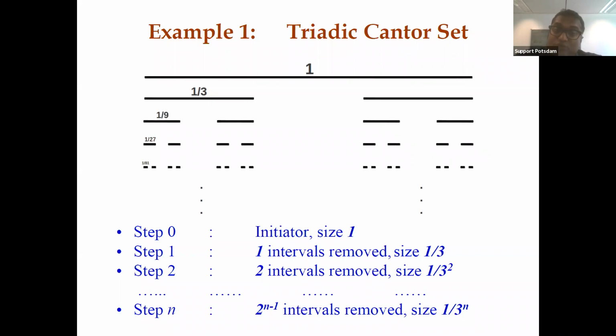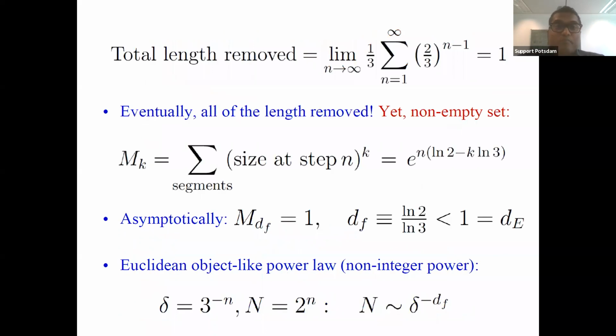Then at step 2, you have removed two intervals, but the sizes of the intervals now go down to 1/9, or 1/3 squared. And at step n, you have 2^(n-1) intervals removed, each of size 1/3 to the n. In this way, we go on and on. After infinitely many steps, you see that you have removed all the length. If you sum up the length that you remove, it gives you 1. So you have removed all the length, but the funny thing is that still you are left with a non-empty